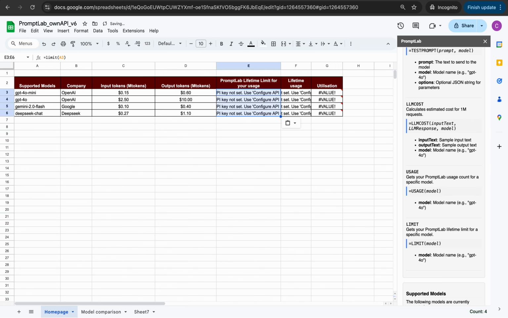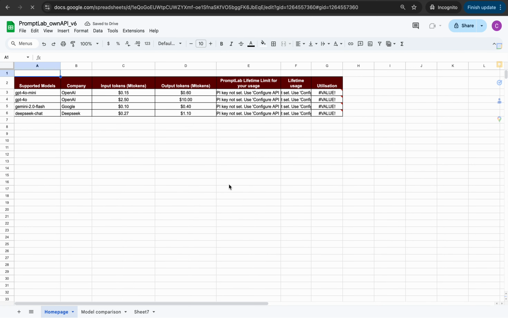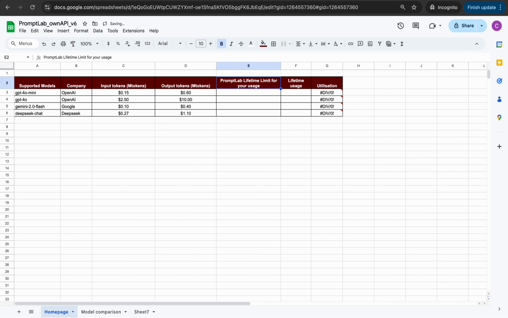So we copy paste this formula here, just refresh it, and then model, and now we copy paste this here. So this tells you that for all models except GPT-4o, you can use it, you can do 200 calls in